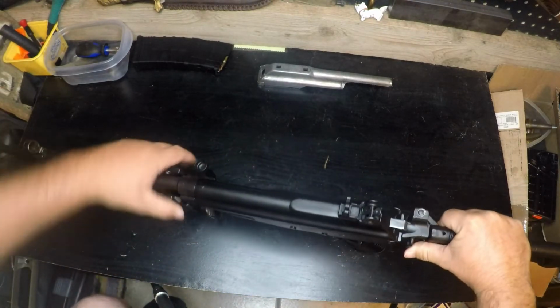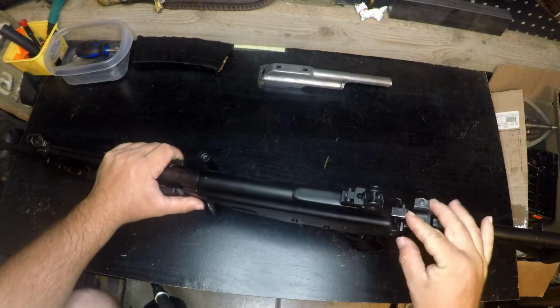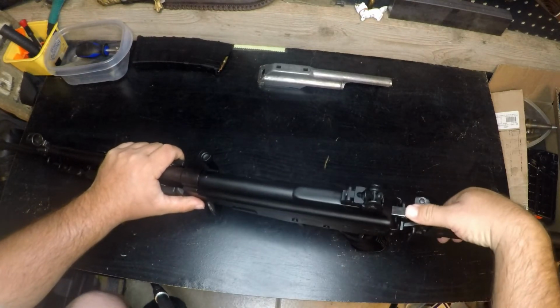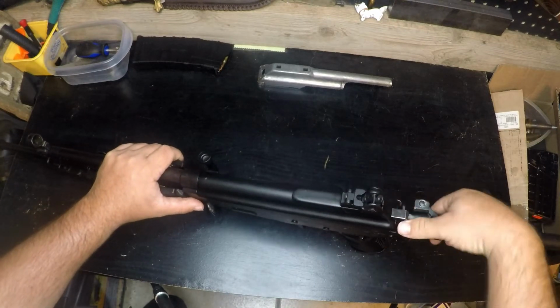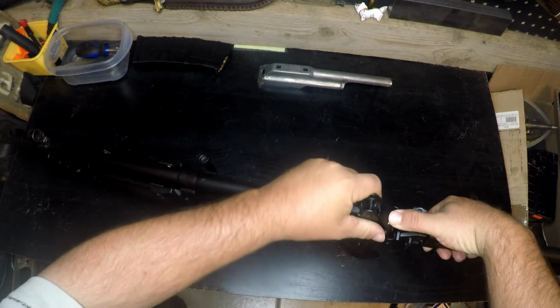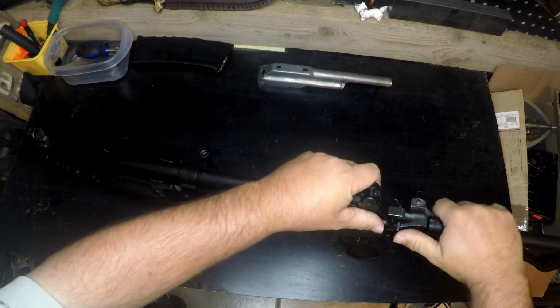Now, you notice, unlike other AKs, you have this really long detent button, disassembly latch. And that's part of the locking system for this dust cover. So you have to push it in, and you really have to kind of...